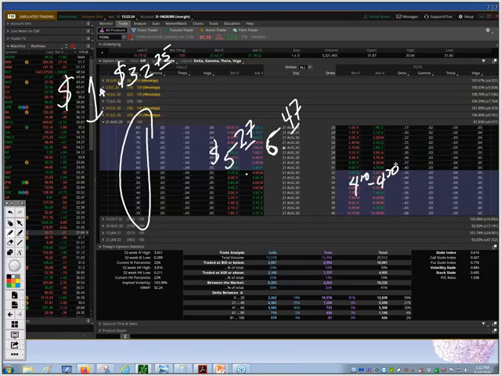Vice versa, if it goes down by $1, then a negative plus a positive would make that delta a negative, so it would subtract from our premiums. And if it was a negative $1, then a negative plus a negative would make this delta a positive. It's the same math principle: a negative plus a negative makes a positive. So if we came down by $1, then the put premiums would actually increase. Pretty basic stuff so far.